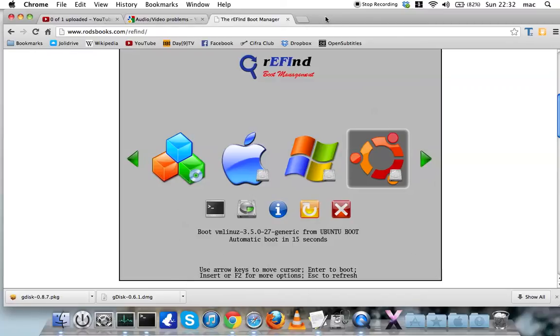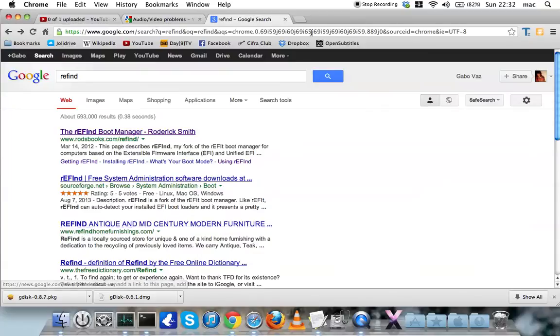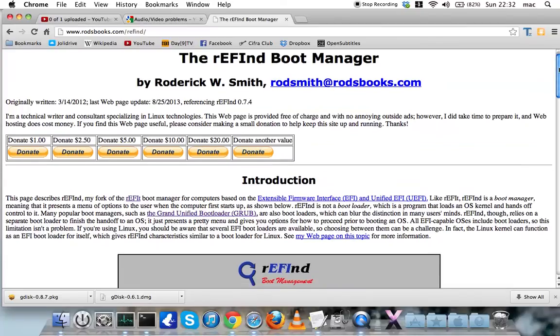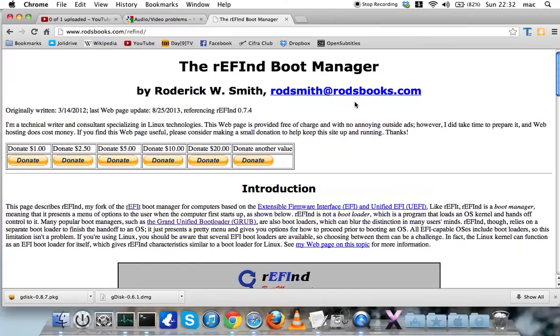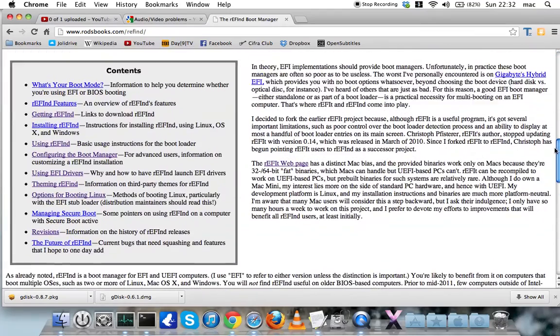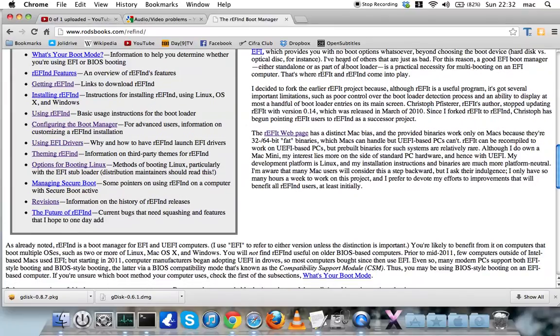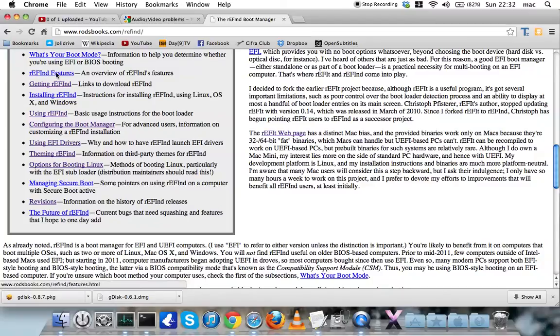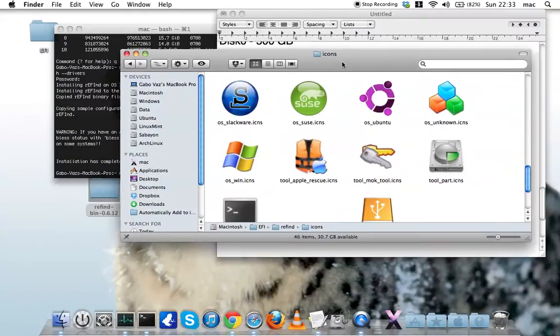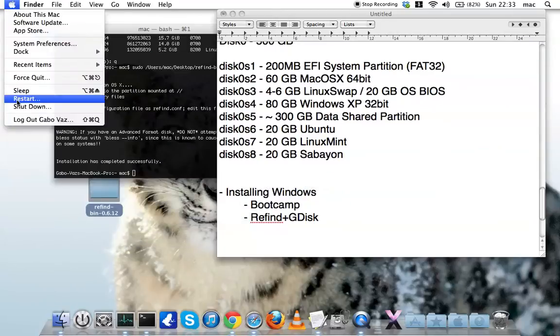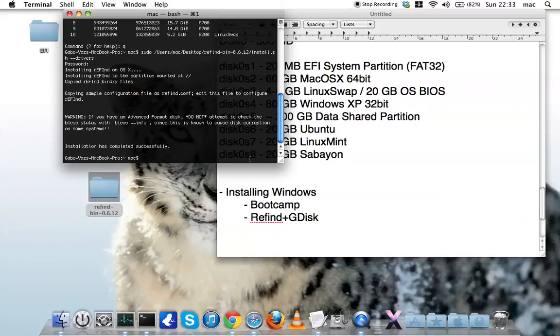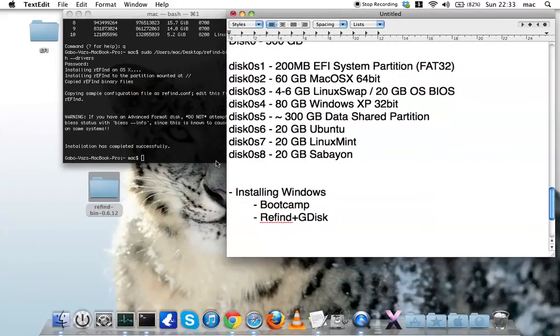Okay, so I will try to lead you through that, but in the rEFInd, Rod Smith, the Roderick Smith address here, you can find pretty much anything you need to know about rEFInd, and how to manage your EFI booting icons and configuring and everything. Okay, so you just need to use that and you're done. So that's rEFInd, and next time you reboot, you're gonna see that weird thing, and you're gonna boot on your Mac again, and then you're gonna